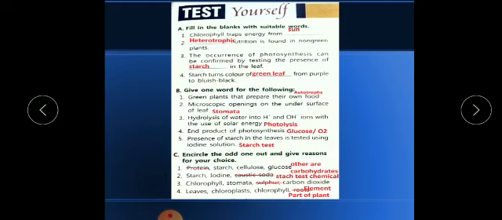Now children, third part is encircle the odd one out and give reasons. We have to find out the odd one out and we have to give reasons for our choice. You can give reason for this odd one or the other one also, any of your own choice, it is written. So children, I have cut those, they are the odd one terms. So first one is protein, starch, glucose and cellulose. Out of all these, protein is the odd one because others are the type of carbohydrates. I have written also others are carbohydrate.